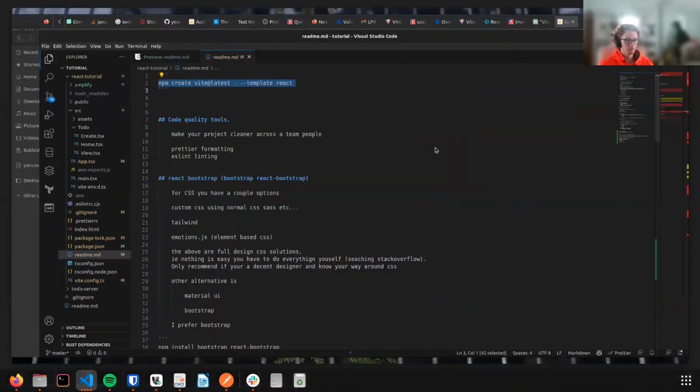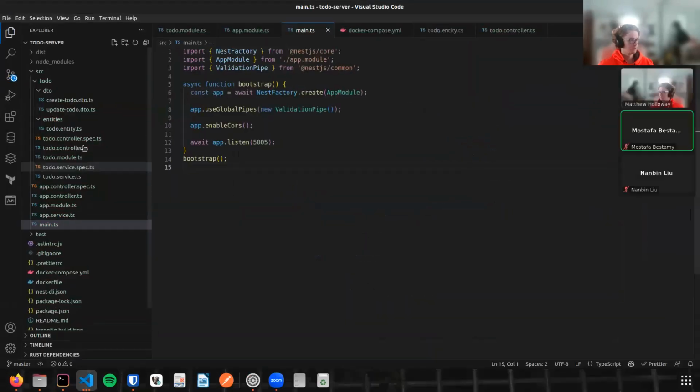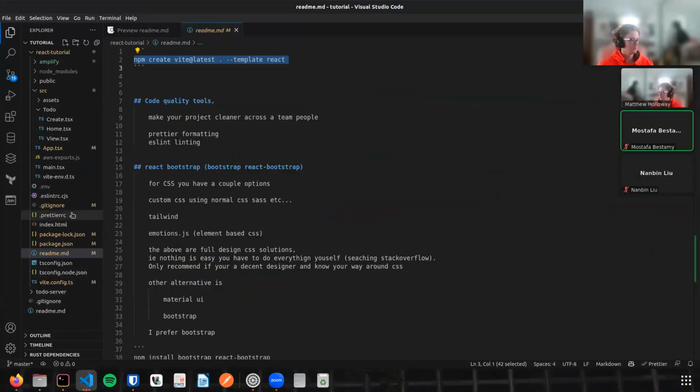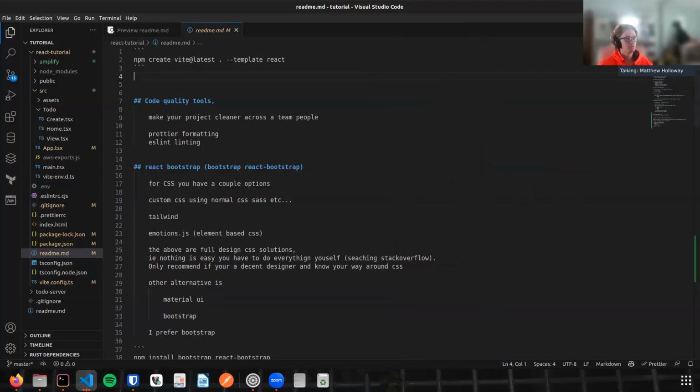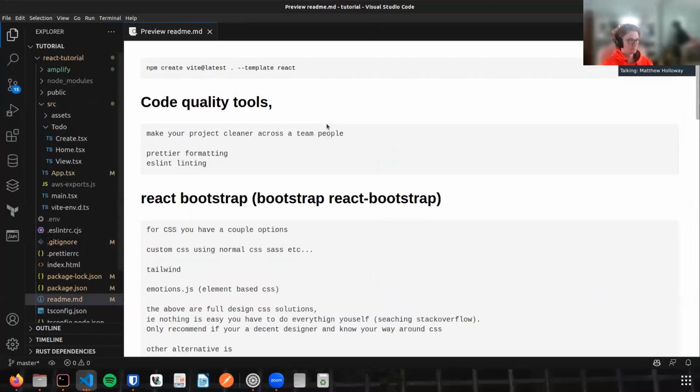I want to go back over there though. Where's my readme? This one. I'm looking at it. I want to view it nicely. Oh, there it is. Yay. So,